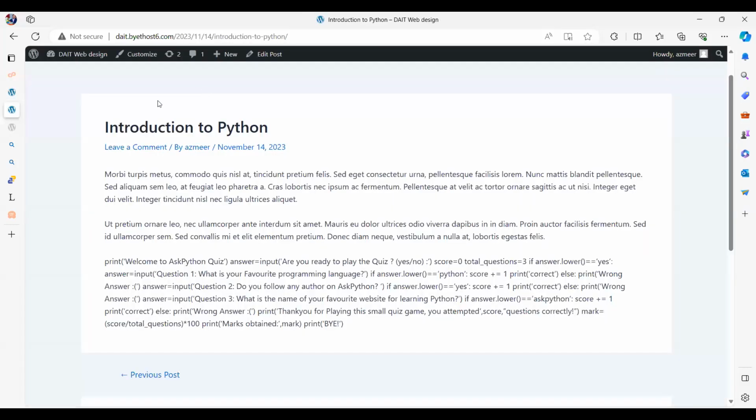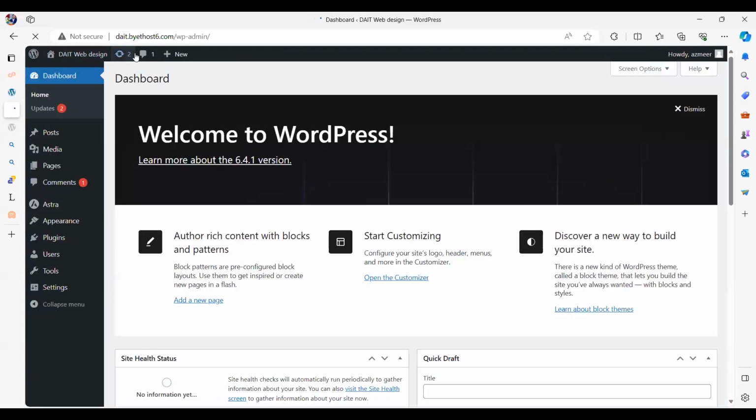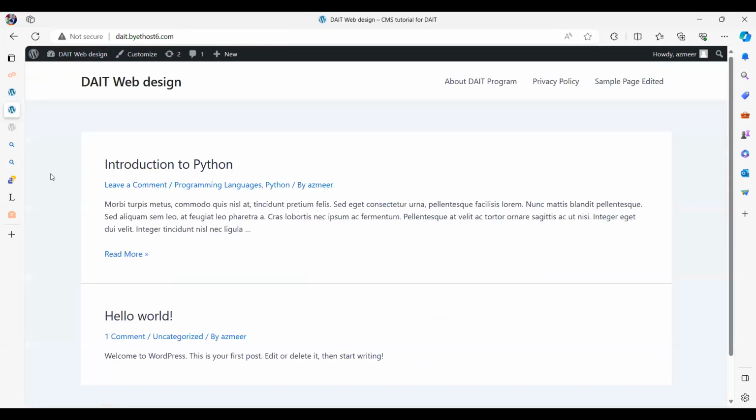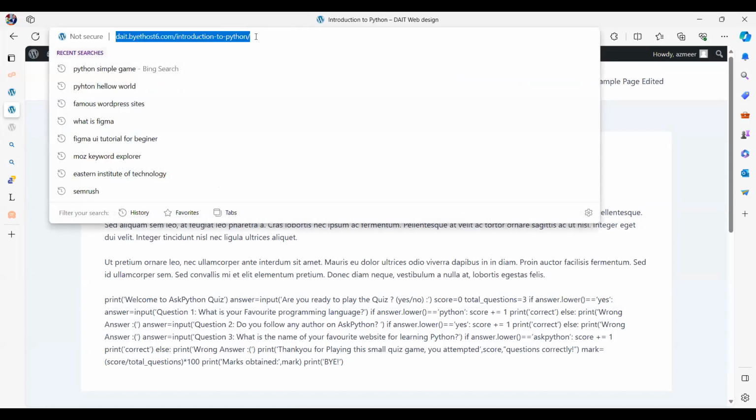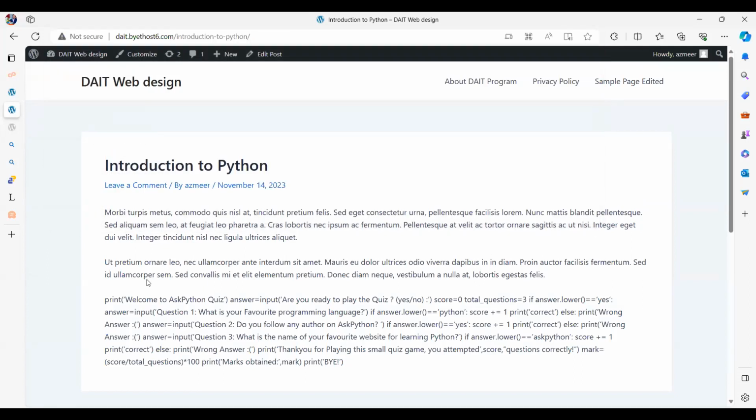And if you go here and go to, let's say, home page. Oh, sorry, I wanted to go to the main page. Right, now if I click this, look at the URL. It doesn't have any year, date, or anything. It goes directly with the slug of that article. Remember the slug? Yes, the slug, Introduction to Python. All simple letters and no spaces. It has a dash, right?